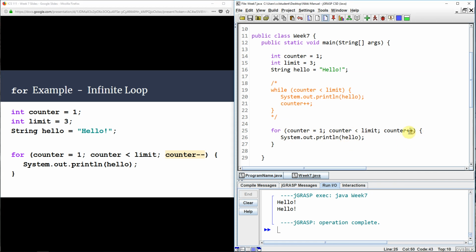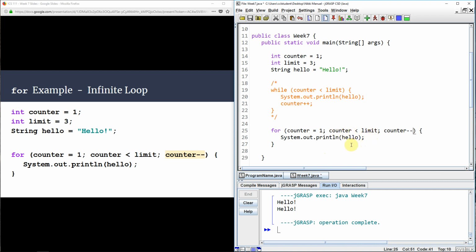Okay, and so for our modification expression, remember that we can always use increment or decrement operators. So if we try that, we're going to say counter is equal to 1, is 1 less than 3, true, print hello. And then decrement counter by 1, so now counter is equal to 0, is 0 less than 3,